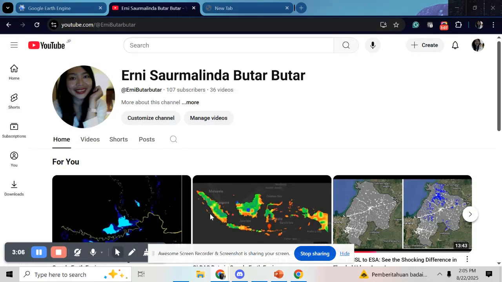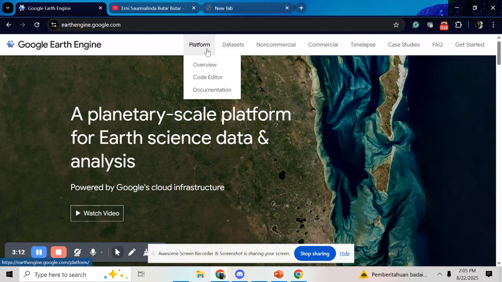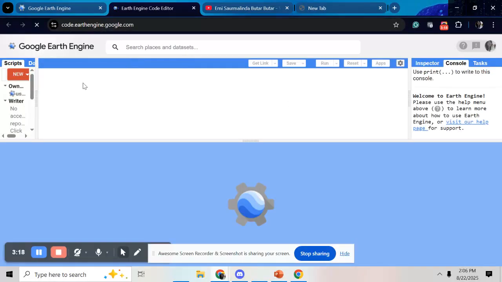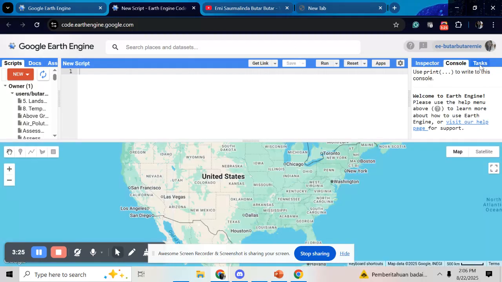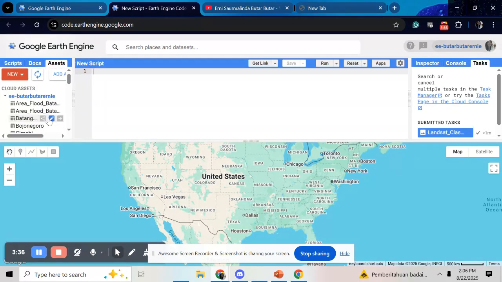First, you should sign in to this platform, and after you sign in, you can go to the code editor, and in the code editor you can write your code in this panel. And if you want to download, you can go to the Tasks menu. For the first step, you should define your ROI. Today, I will use an ROI from my country, Indonesia, the Mark Regency,